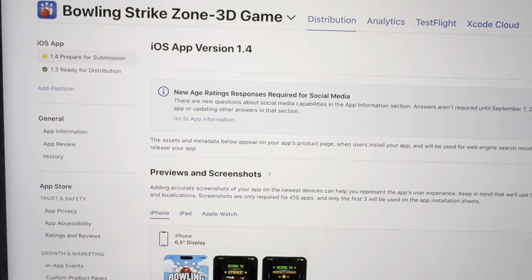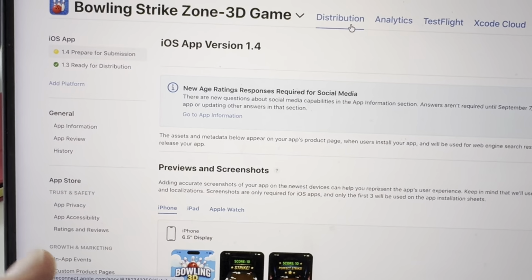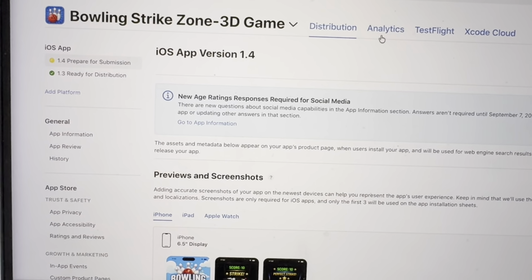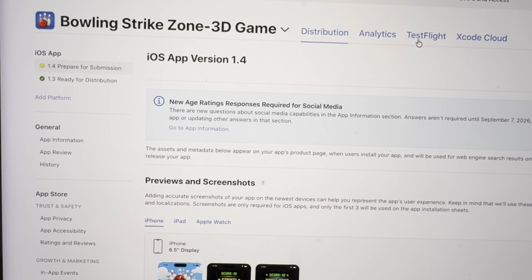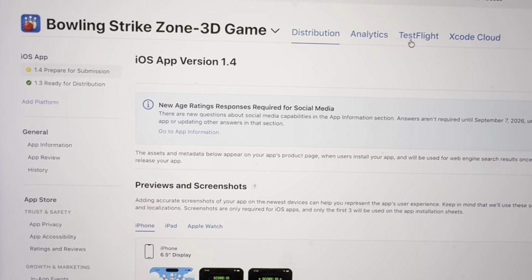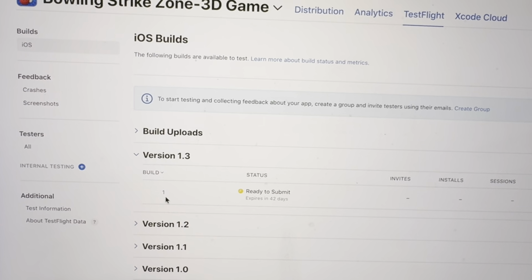Hello dear subscribers, today I will tell you how to fix the problem where your application just stays in "Ready to Submit" on App Store Connect, and actually no one can download it from TestFlight, so they cannot see that build. So the first thing, just go to TestFlight and check